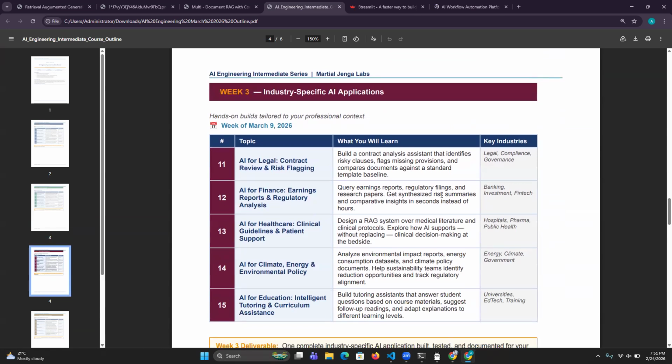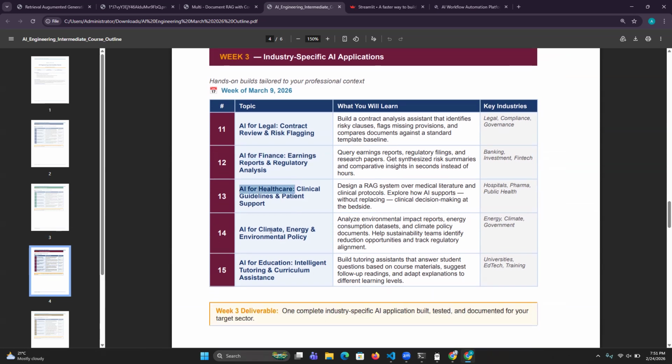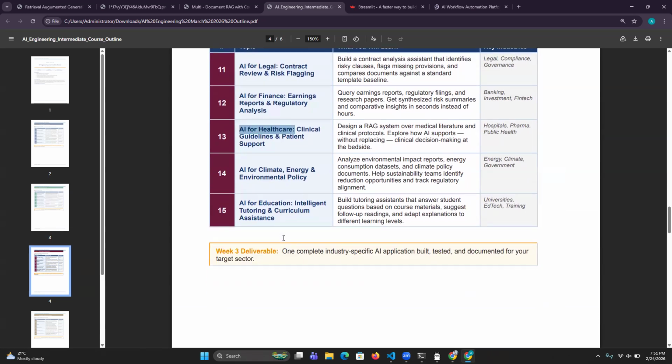And now week 3 will be even more interesting, because we are very aware that AI should be applied to different industries. So we'll be having specific sessions for specific industries. For example, how can you build an AI that can be used in a legal environment? For example, an AI system that could be used to do contract review, risk flagging, and so on and so forth. AI systems in finance, AI systems in healthcare, climate change, energy, and environmental policies,